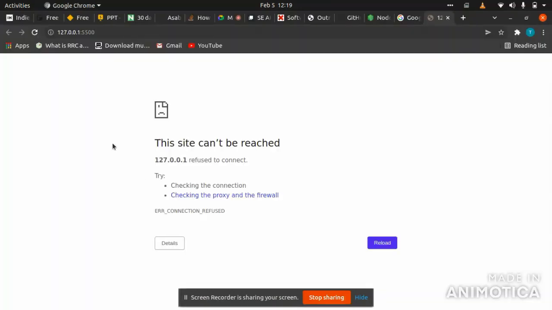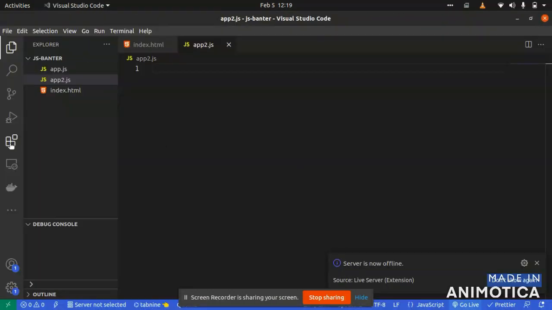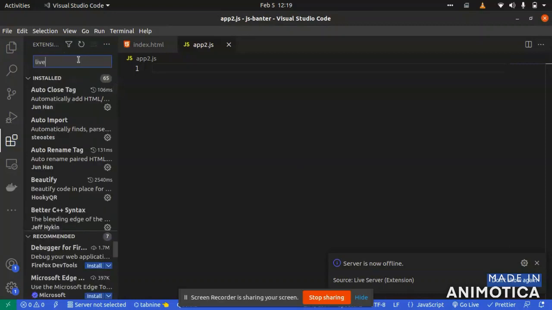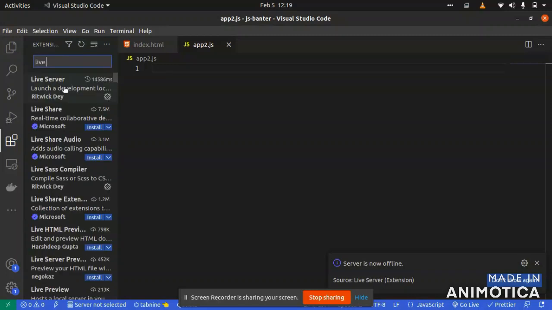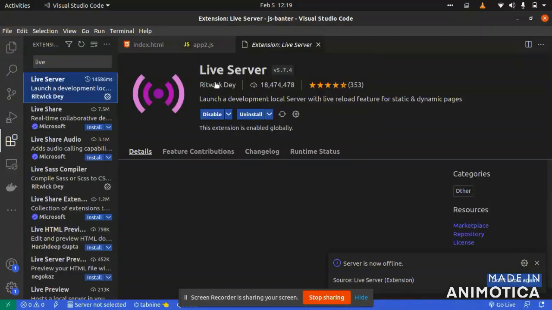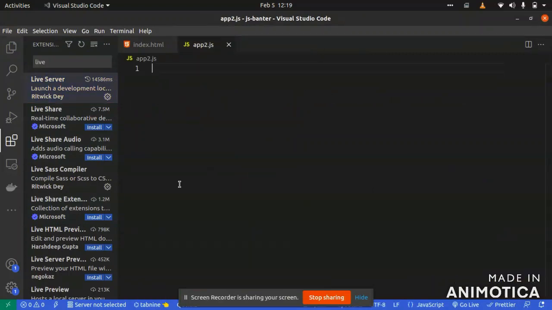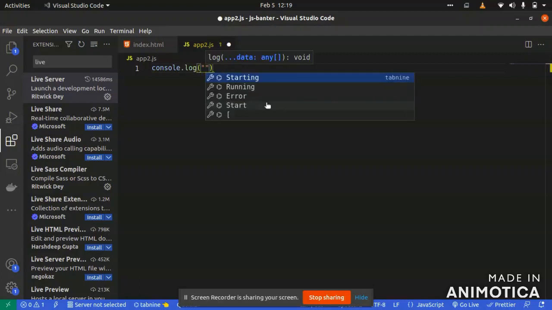To get it, when you get your VS Code, you go here and search for extensions, Live Server. You install it and it creates a server for your code. So you don't necessarily have to get another kind of server. You just use Live Server to host your code. So if I do console.log and write hello world,